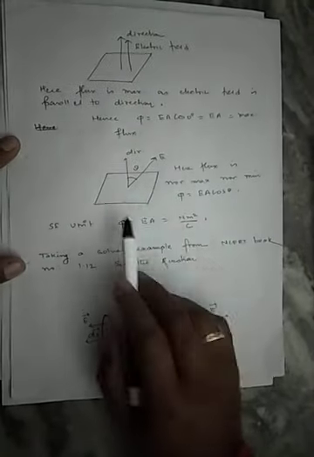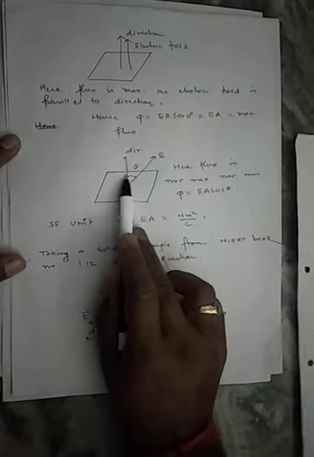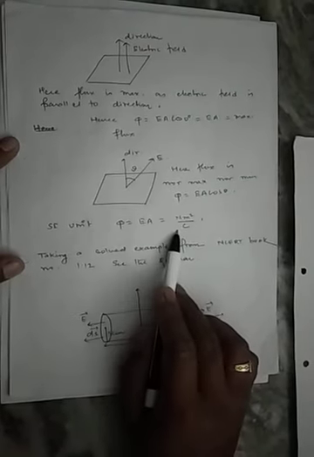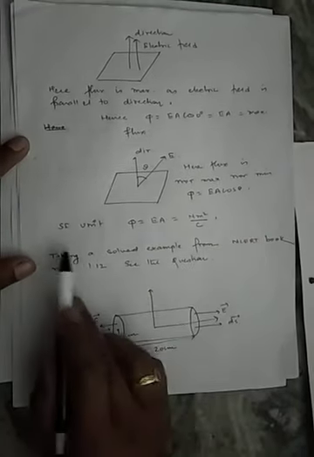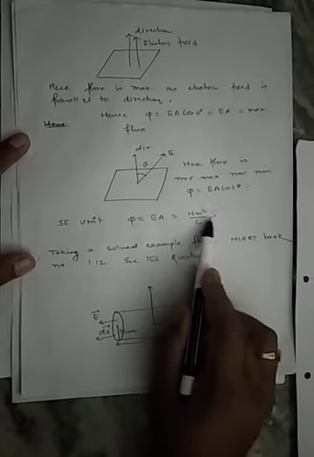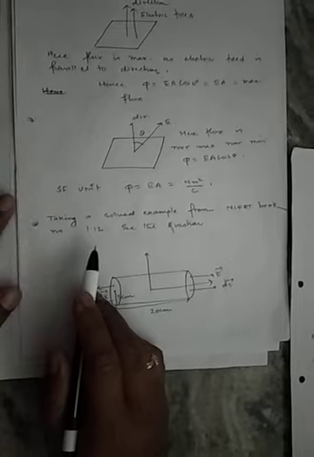Here the direction of area and electric field are parallel to each other, and at the same time the electric field is normal to the face. So out here the value of flux is always maximum, and in this case the direction of area and electric field are not parallel, so the value of flux is obviously less than maximum, more than minimum, that is more than 0. The SI unit of electric flux can be calculated by this formula. Electric field has a unit newton per coulomb and area has a unit of meter square, so we get newton meter square per coulomb.